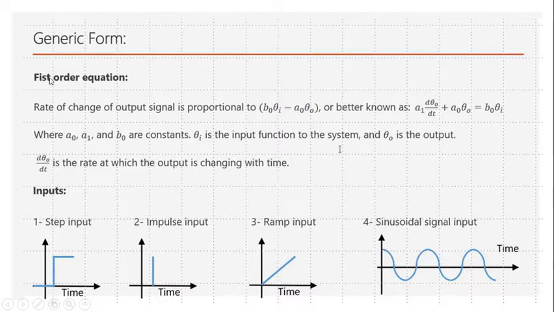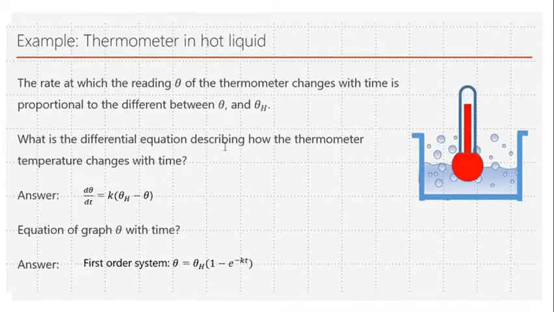So here I have a small sentence saying the rate of change of output signal is proportional to b0 theta i minus b0 theta o, or better known as a1 derivative of theta o over time plus a0 theta o is equal to b0 theta i. If you want to get to that generic form, I am explaining it in videos that I have on YouTube, but just to conclude